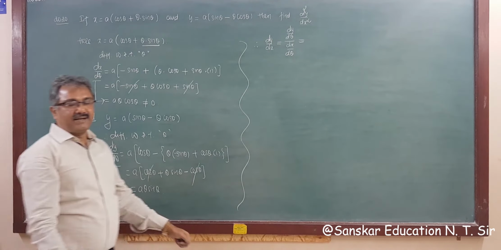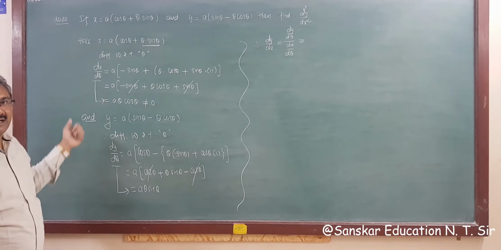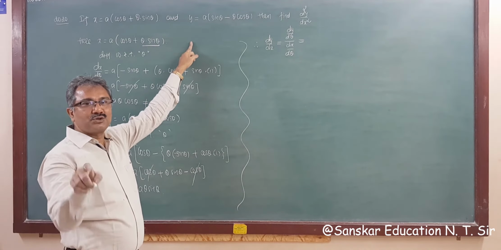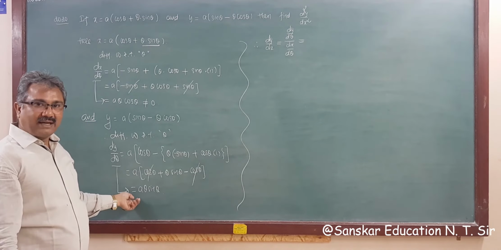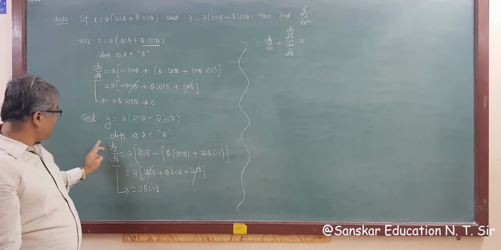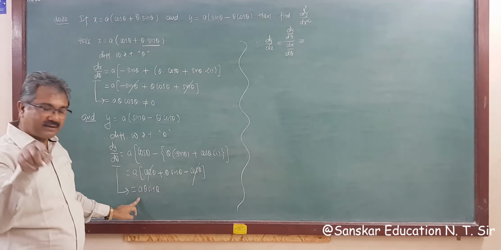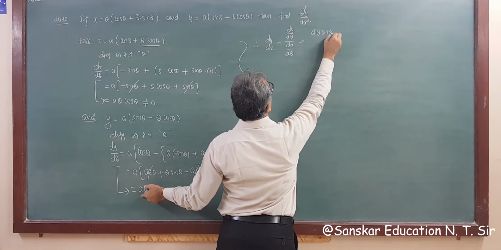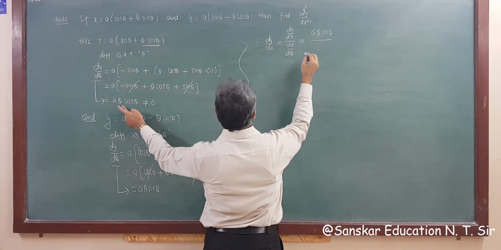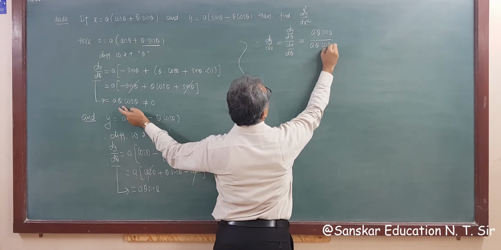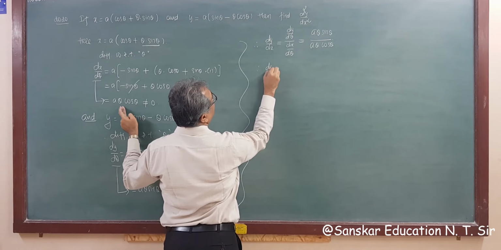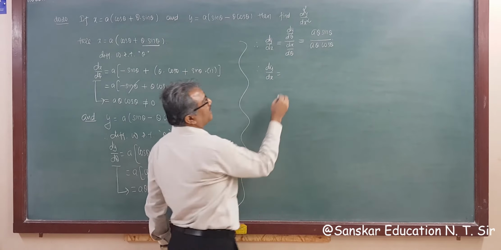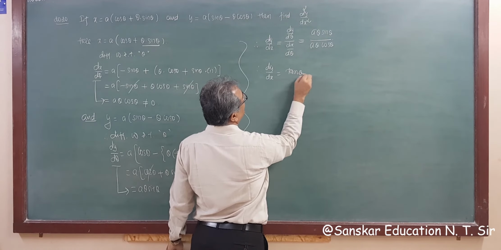Now be careful while you are writing dx by d theta and dy by d theta. Sometimes the y function is given first, and you are used to write down this first, right? So that's why dy by d theta is this one. So check and verify and write. So this is a theta sin theta whole upon dx by d theta, which is a theta cos theta. So this is cancelled. So dy by dx is equal to, a theta will be cancelled, so what is your answer? dy by dx is equal to tan theta.